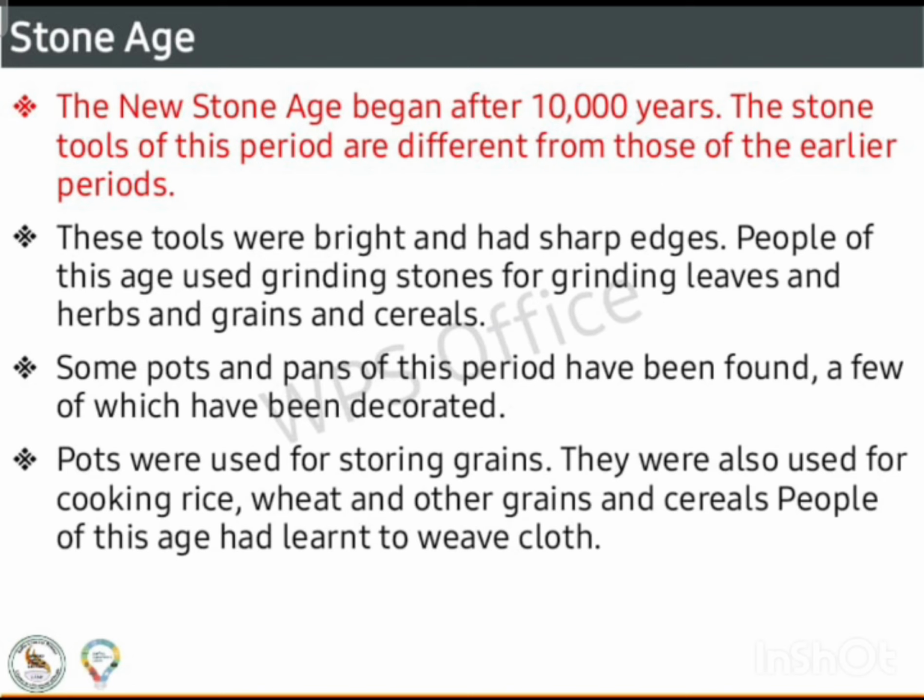Some pots and pans of this period have been found, a few of which have been decorated. Pots were used for storing grains. They were also used for cooking rice, wheat, and other grains and cereals. People of this age had learned to